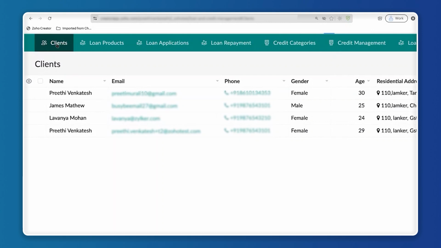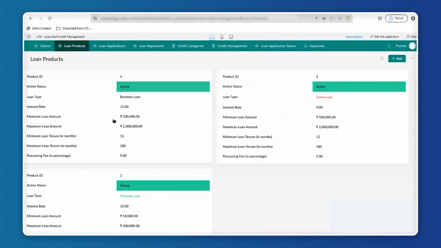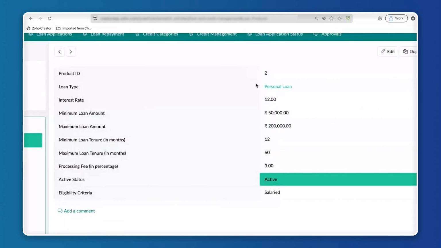Whenever a client registers himself with our application, those details will be available over here. Apart from that, we have the loan products module. Since I'm a financial organization, I'll be providing fixed loan types. For example, for the personal loan, I have given the rate of interest to be 12%, and the minimum and the maximum amount the client can apply for is around 50,000 to 2 lakhs only, and the minimum and the maximum tenure, and the processing fee is nothing but the certain amount that we deduct from